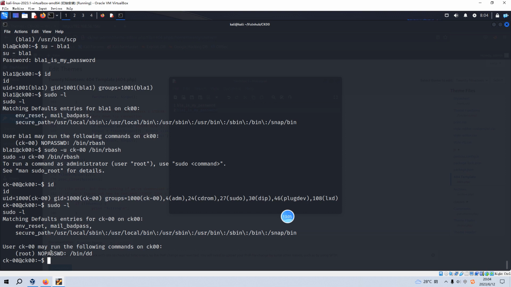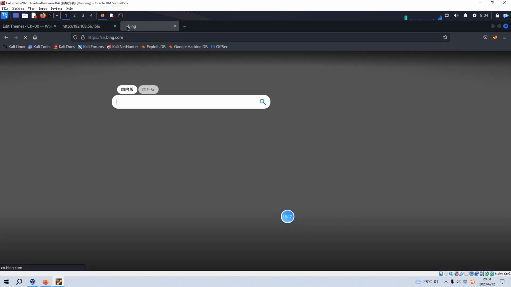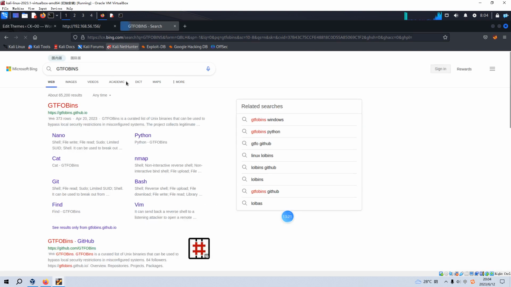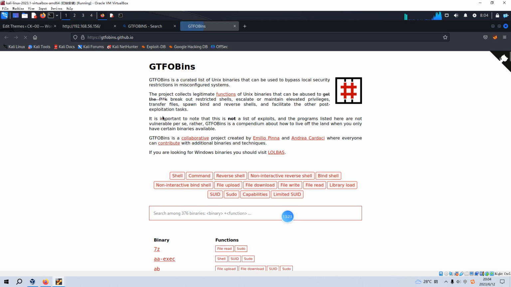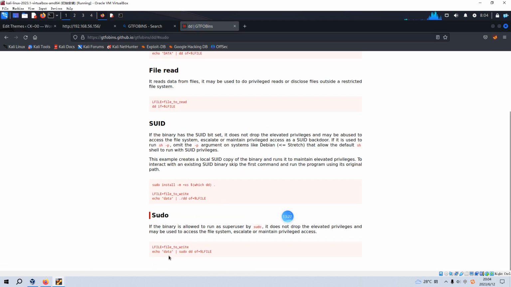We do not need to supply the password of root to run this command, to run this dd. And we can go back to our GTFOBins, the dd sudo. So it means that we can write some data to this file. Of course, we can write